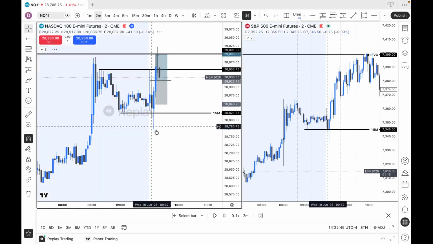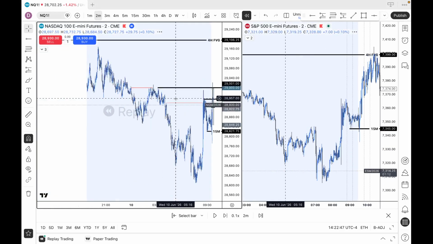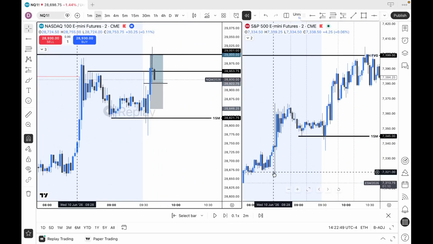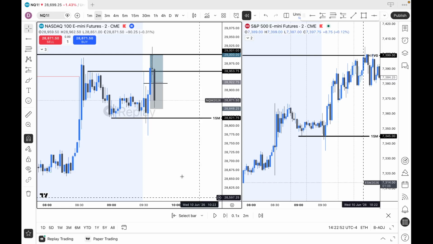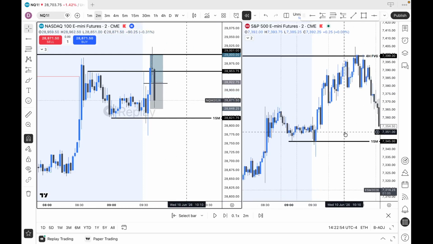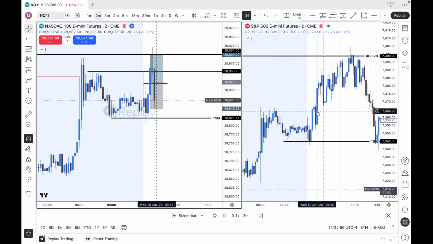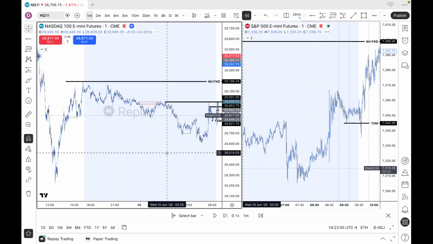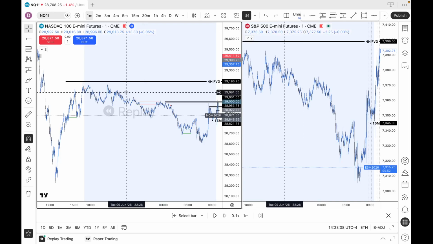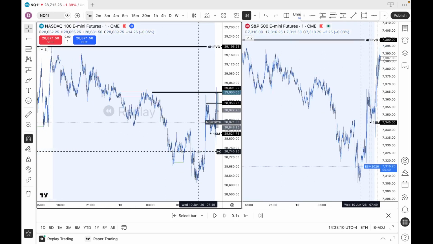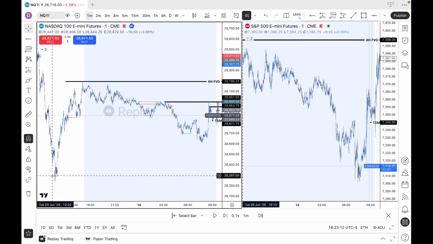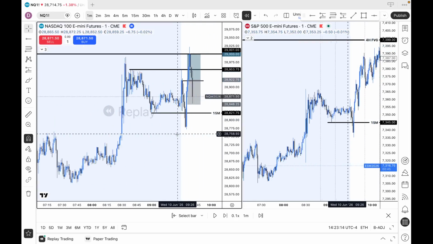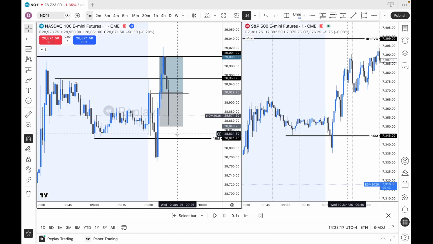I'm not sure how this 2 minute didn't work, as we were rejecting out of that 1 hour with taking liquidity. This 2 minute was probably my favorite trade of the day, and it ended up failing. Why? Because ES didn't fully inverse this. The 1 minute also didn't fully inverse this, and we just have all of these targets above, while price only has 2 liquidity patches above. So